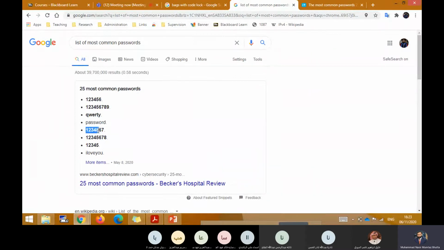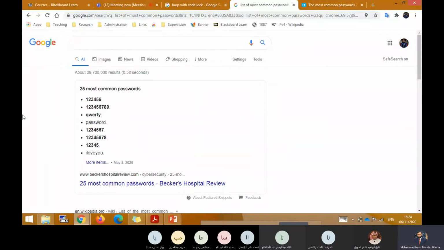Or password 123456, 123456789. These kind of passwords are used most commonly. So first we can take these passwords and try to log into the website with them. If successful, it means we have successfully cracked the password. If we are not successful, then we try more.